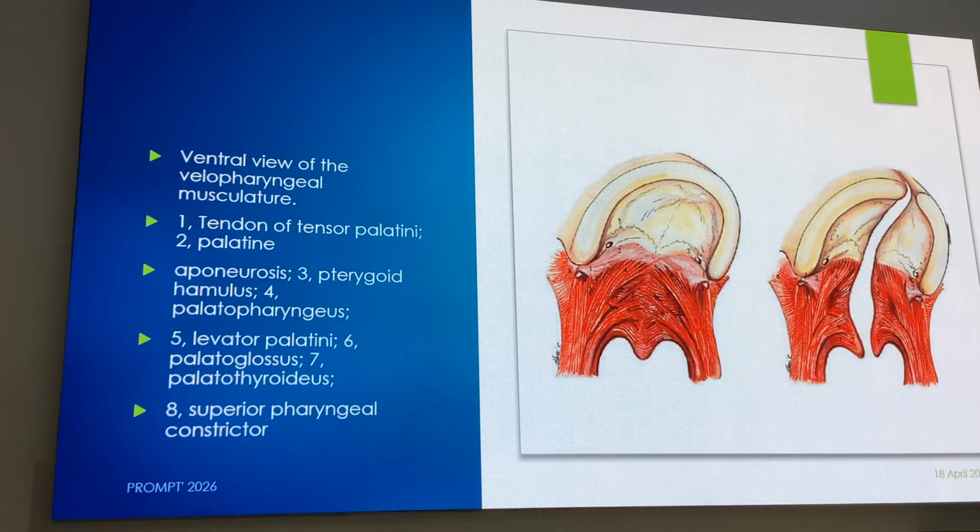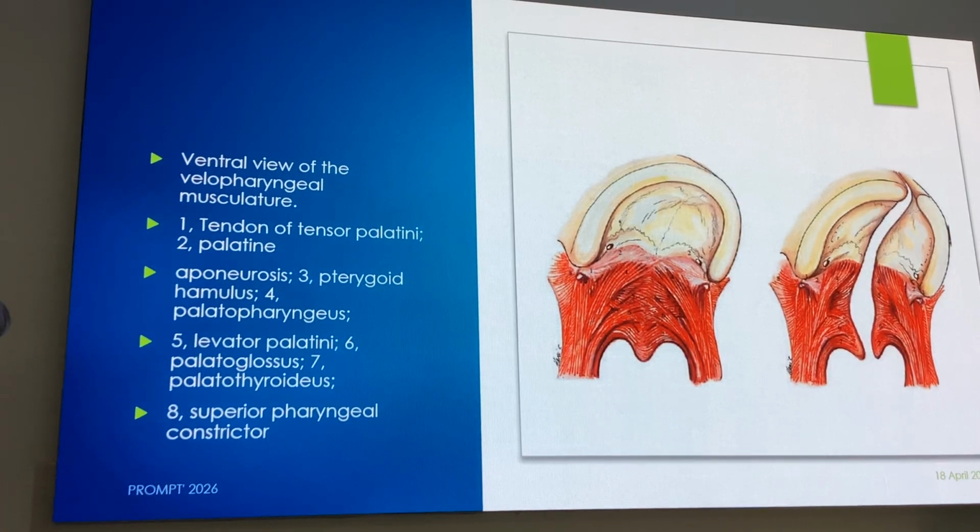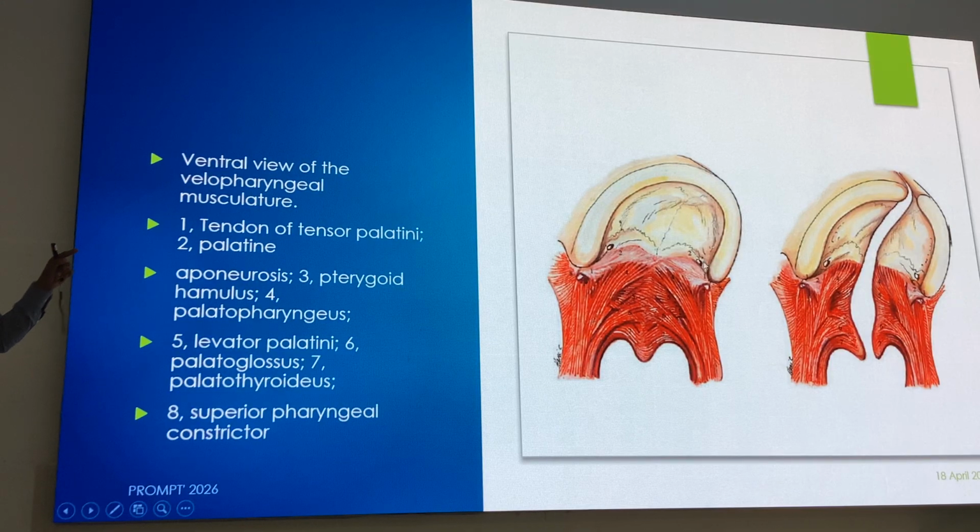So this is how the palate looks. Now this structure is in the front here. This pinkish-white structure is the palatine aponeurosis, and it's a fan of fascia coming from the tensor. So this structure is present in an anatomically normal palate, but in a cleft palate, that structure is only very rudimentary in the corner here. So most of the muscles of the cleft palate are pathological and they attach to the hard palate. So this is the main part of the anatomy which we have to reconstruct and make normal like this